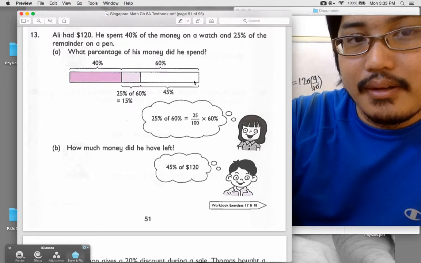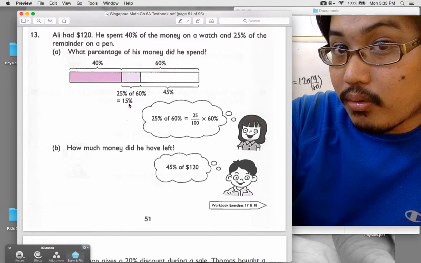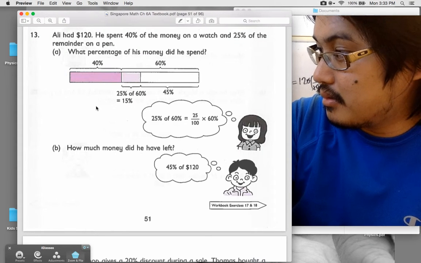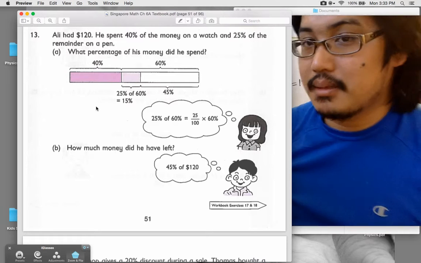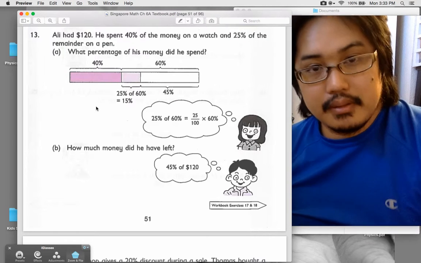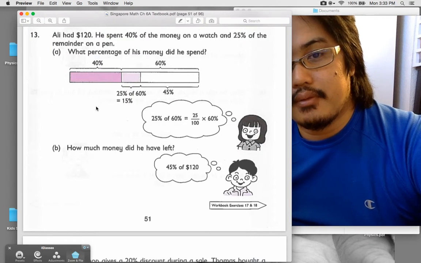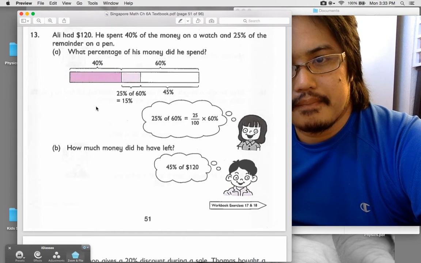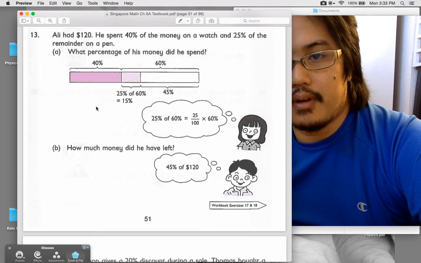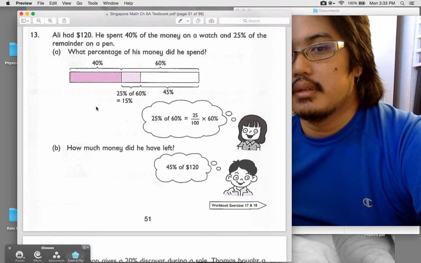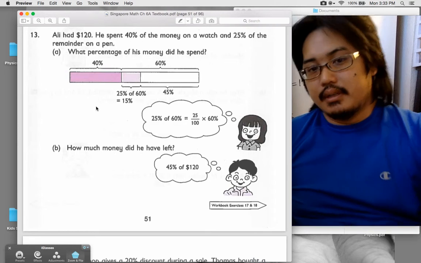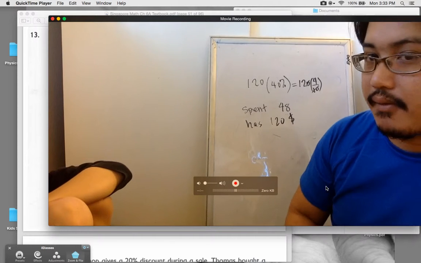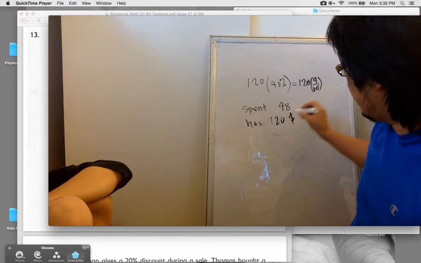So that means he spent 15% of the whole, which is actually 25% of the remainder. Those are the same thing. So that means he spent 55% altogether. Oh no, you're right, he spent 55% altogether. He has 45% left. So what I want to do is figure out how much actual money he has left. Well, you would simply go